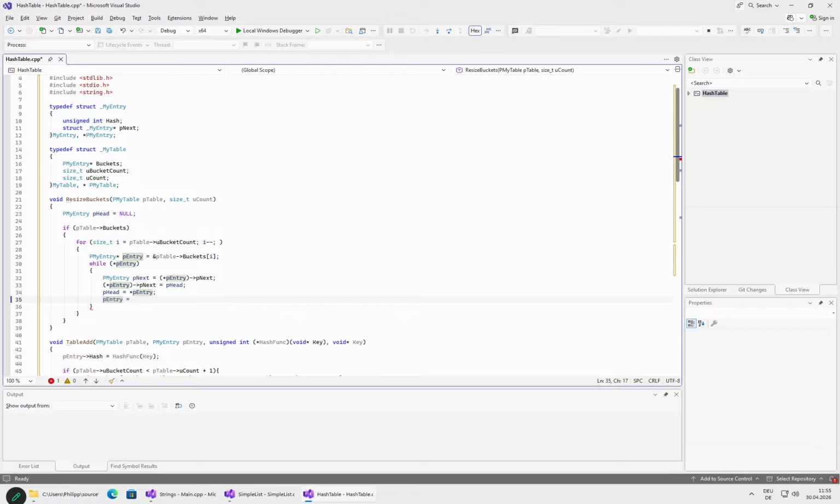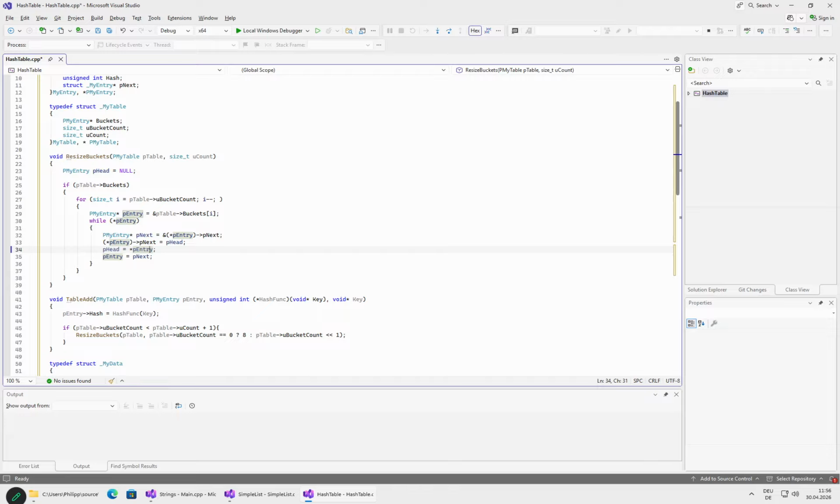P next. So we take this thing. We have the value of next in here. We want to have the pointer of next. This is not correct, so we need this to be an asterisk with a reference. Right, and then we do this. The idea is that this way we will be able to modify things inside the thing we are going through. Okay. So we have saved everything, and then here we can free